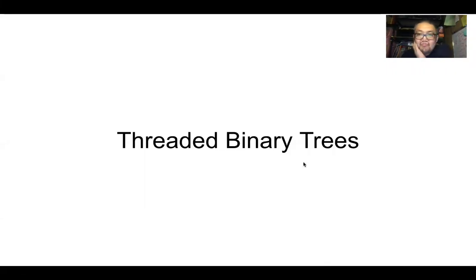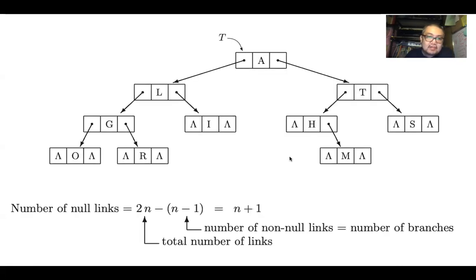Okay, so now we will be looking at threaded binary trees. The idea with threaded binary trees is we just add additional links or threads to our link representation. In particular, we will try to fill up the null pointers that we have in our link representation for our binary tree. So we know that given our representation, given n nodes, there will be n plus one